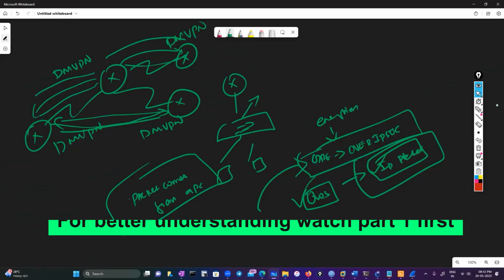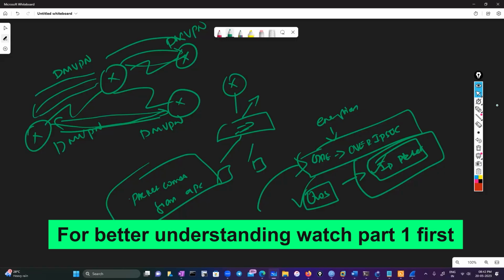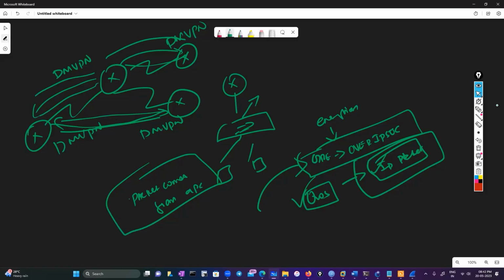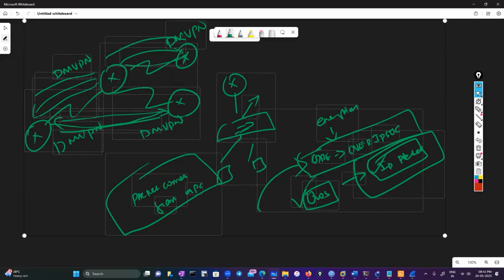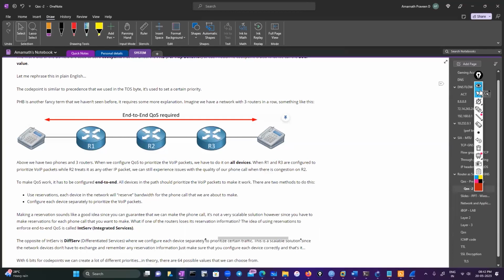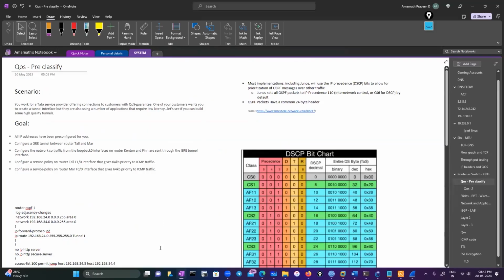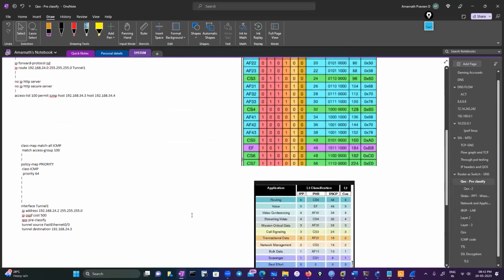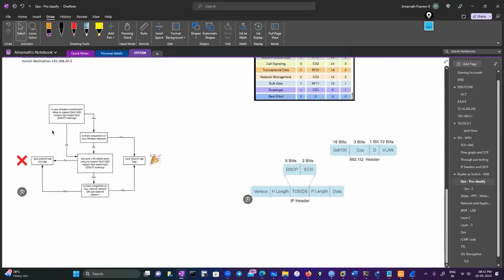And now let's discuss the common, the default DSCP values that have been set for OSPF. So now let me open up the slide. It will help you understand even better. So if you look at this,